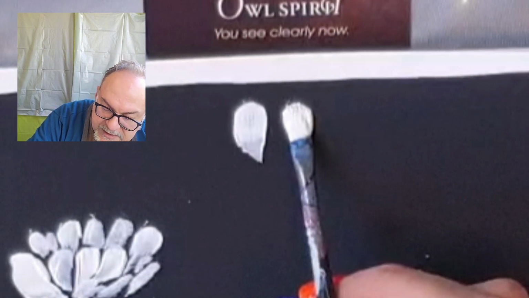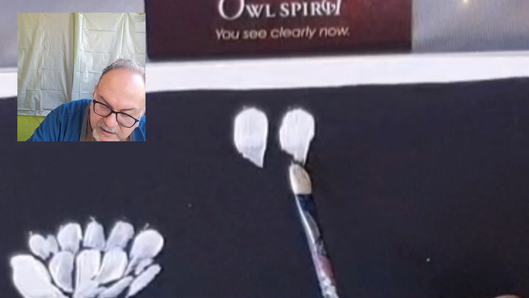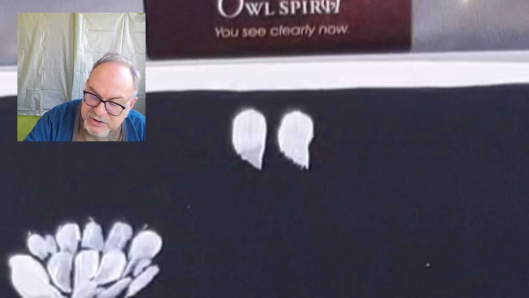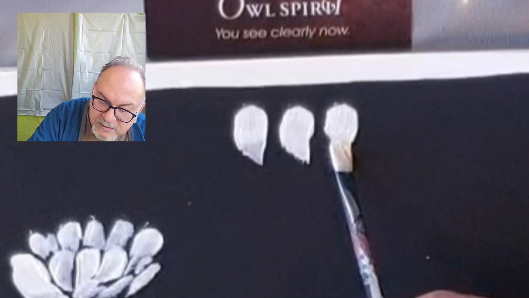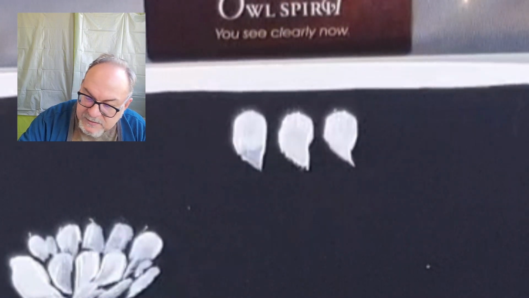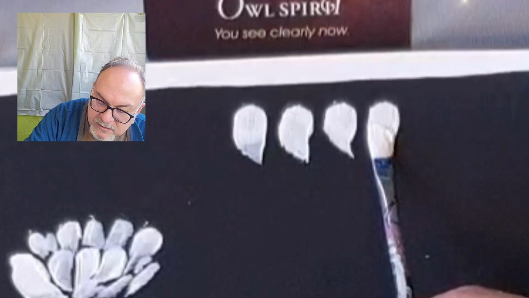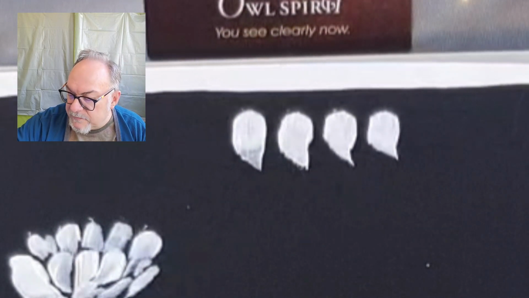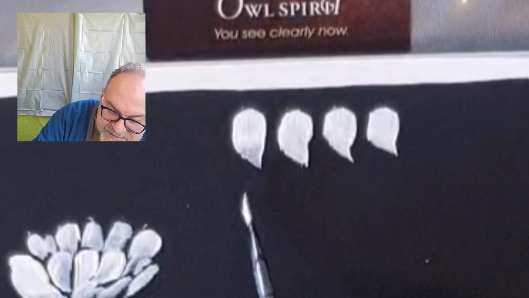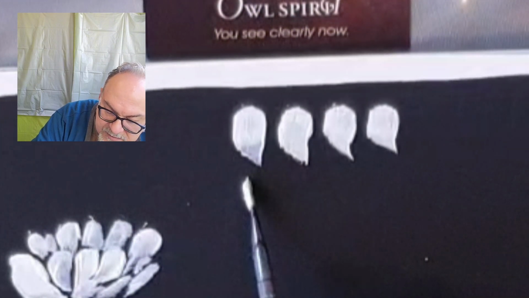So practice putting it down, and I'm almost twisting my brush a little bit in my finger, down and out, down and out. So it almost creates a little bit of a comma, and then practicing it on its side,